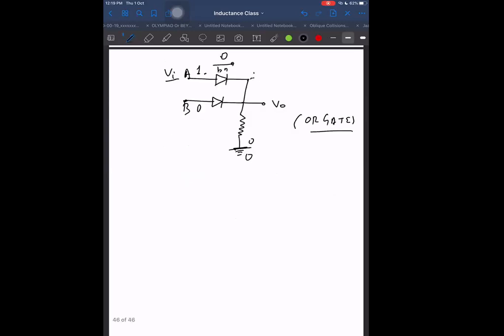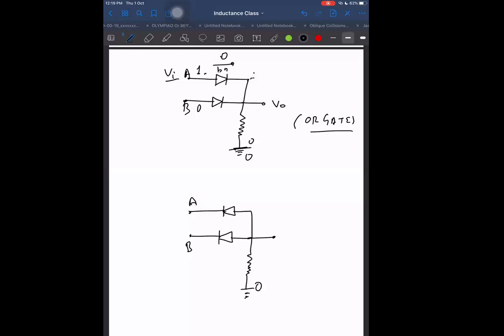If I change it and make it in this way, now what happens? Is it any gate or is it nothing? Nothing, sir. Yes, you got it right. Very good, very fast also. It means you are understanding things properly.